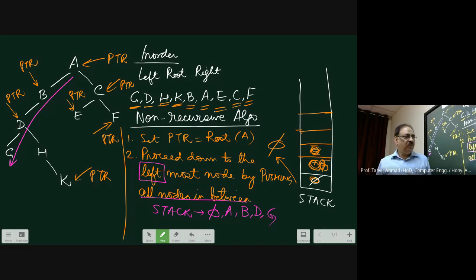Okay. Now, the next question is, can we avoid a stack so that I may be able to do the whole non-recursive algorithm without maintaining a stack? Now that is a little question. In this case, it is obviously not possible, but we can do it in some other way. We'll try to do one of the very important concepts, which is called